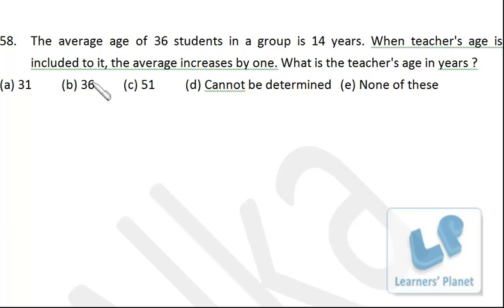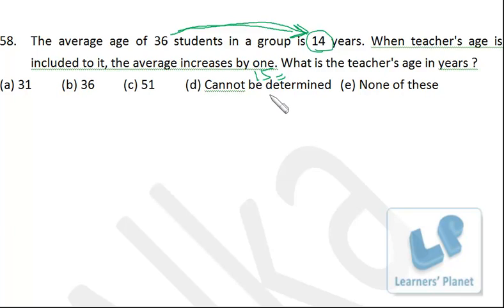Now this problem. The average age of 36 students in a group is 14 years. When the teacher's age is included, the average increased by 1. So the new average is actually 15. What is the teacher's age in years? Now what we can find from this question is there are 37 persons in this group. So the average of these 36 is 14, right? Overall average is 15. So we have to find out the age of the 37th person, that is the teacher,